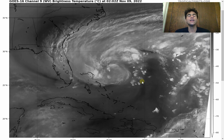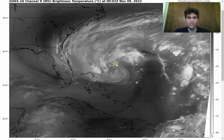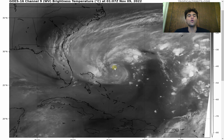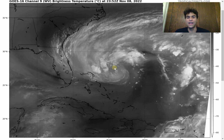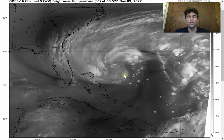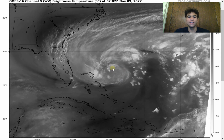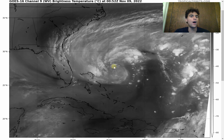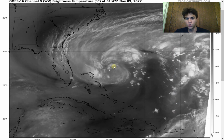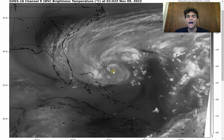So to begin, let's take a look at the overall composition of Tropical Storm Nicole at this time by taking a look at the water vapor imagery, and we do see that this storm is a lot more compact than it was yesterday and 2 days ago, where now we're beginning to see more closed rotation and a more compact rotation around the center circulation, which is part of the reason why it is now considered Tropical Storm Nicole rather than Subtropical Storm Nicole, because now it's really starting to gain more tropical characteristics, with its eye wall becoming